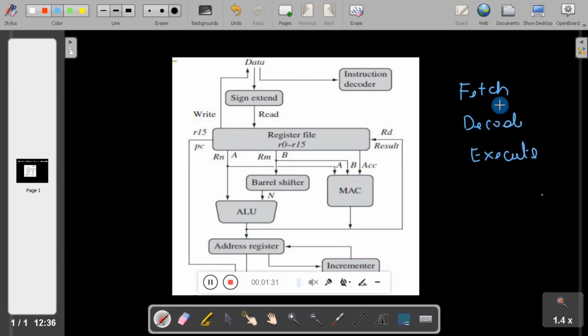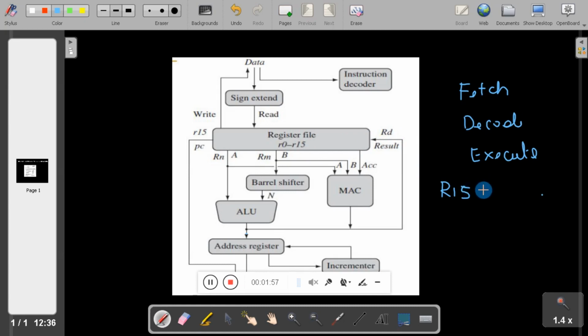For fetching an instruction, first it has to locate the address. The address of the next instruction will be given by the program counter. We know the job of the program counter is to give the address of the next instruction to be executed. So in ARM7, register R15 acts like a program counter.